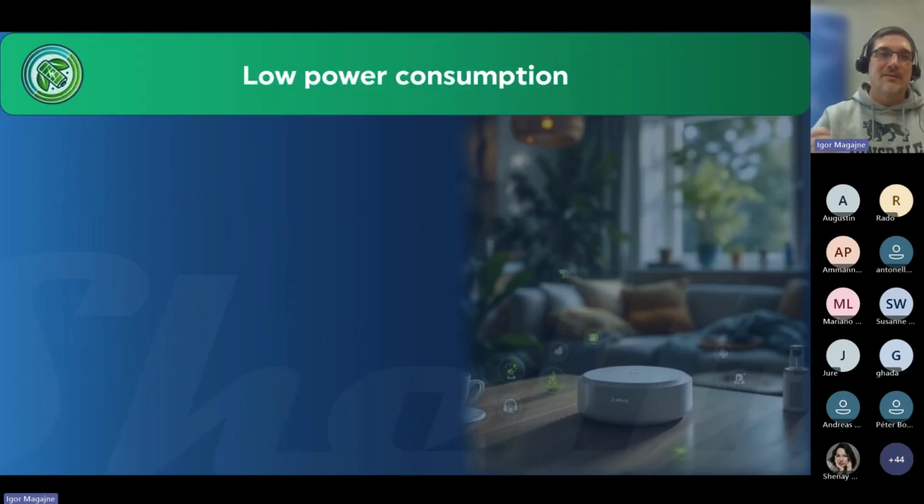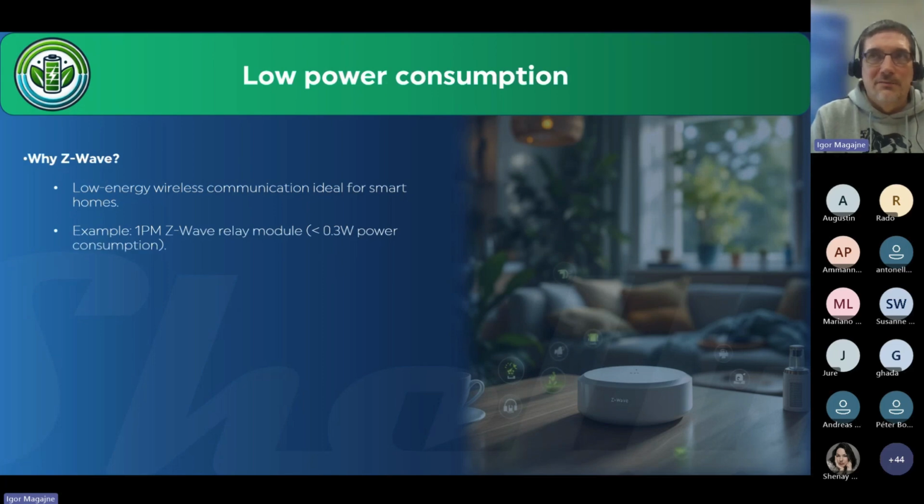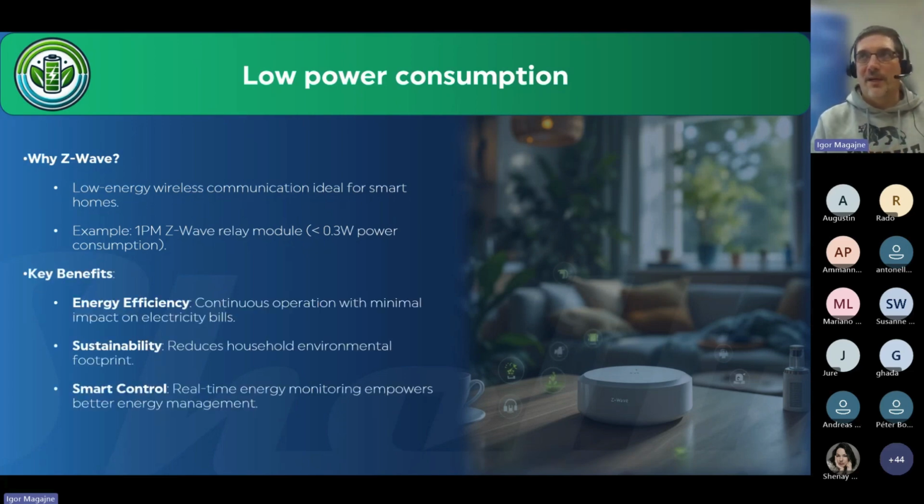Apart from that, all the Z-Wave devices, so the chip itself, is built to consume less power. So if we compare the Wi-Fi and Z-Wave, same device, so same hardware, the difference is the chip. The chip of Wi-Fi consumes about 1 watt and something, while ours consumes less than that, about 0.26 watts, something like that, depending on the device,